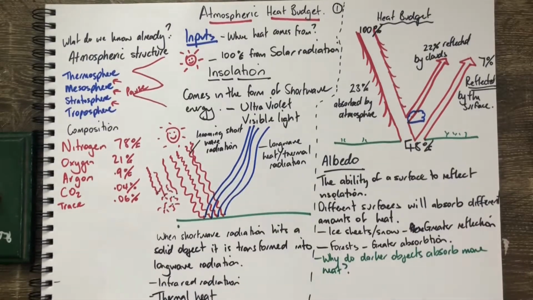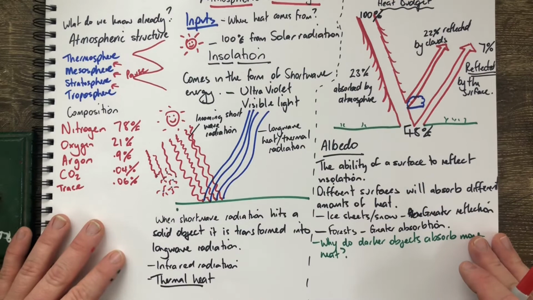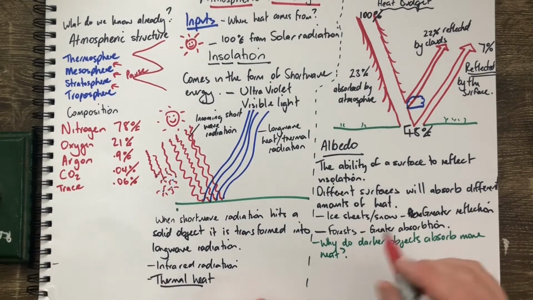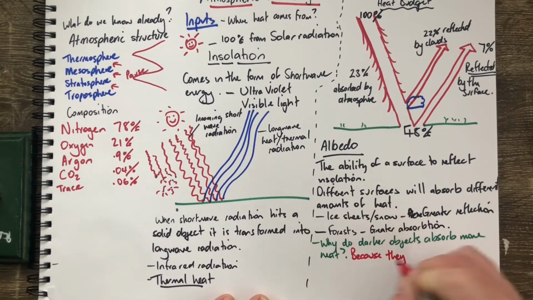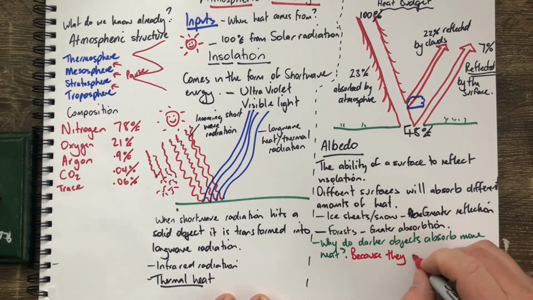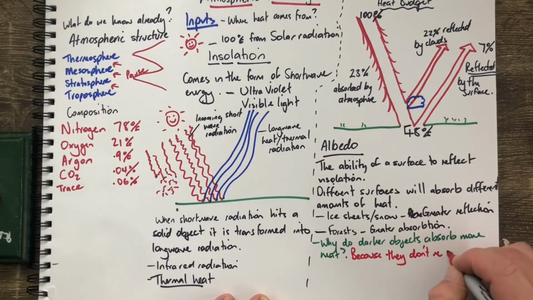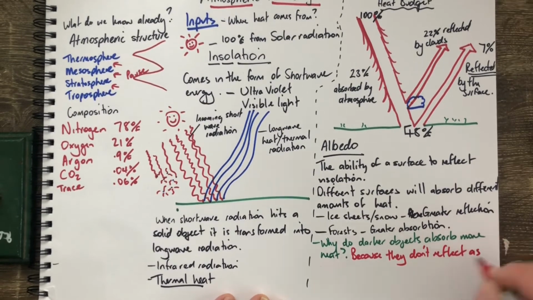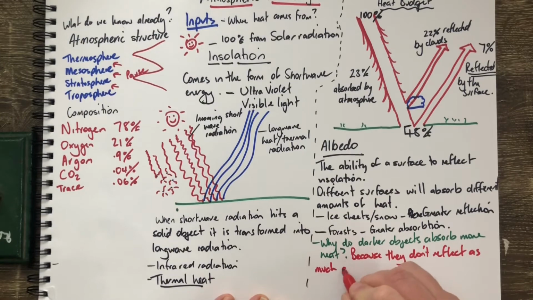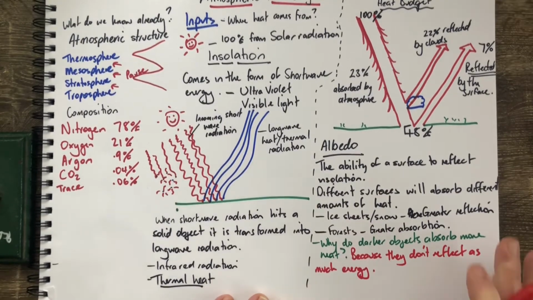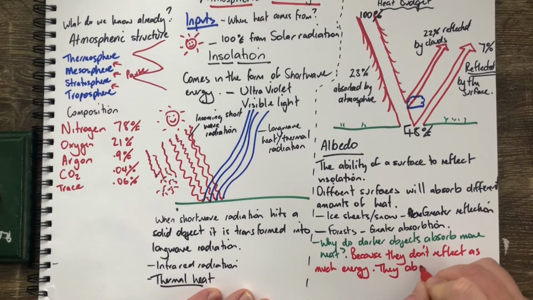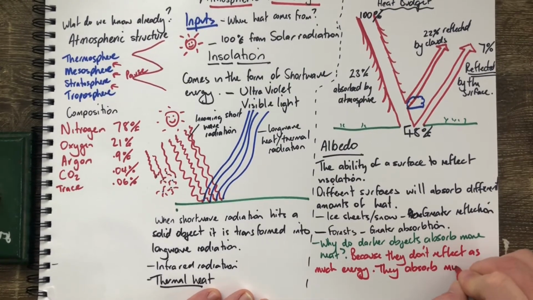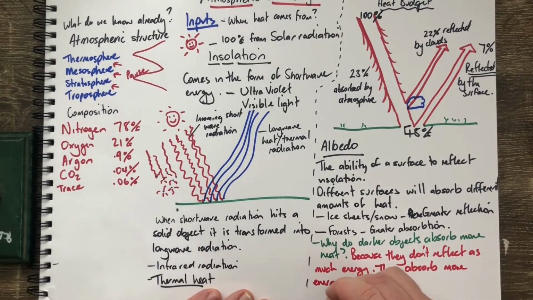They absorb a greater range of wavelengths than those objects that are lighter. Because they don't reflect as much energy. They absorb that energy. They absorb more energy and release